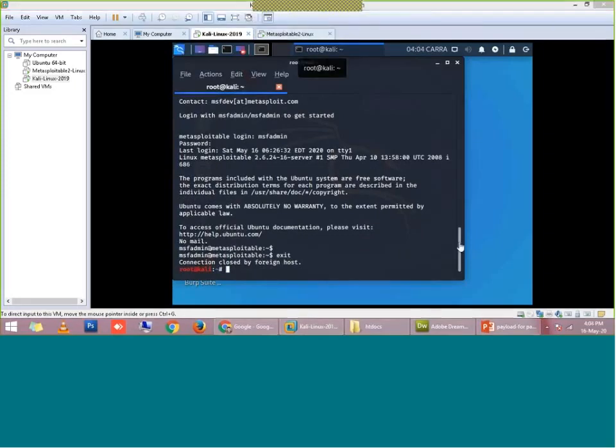It is not necessary that you have to be in the local network. You can do it on the public network also, if they have not filtered this type of command, because most of the smart firewalls have filtered this Nmap type of command, right? So let's move further.